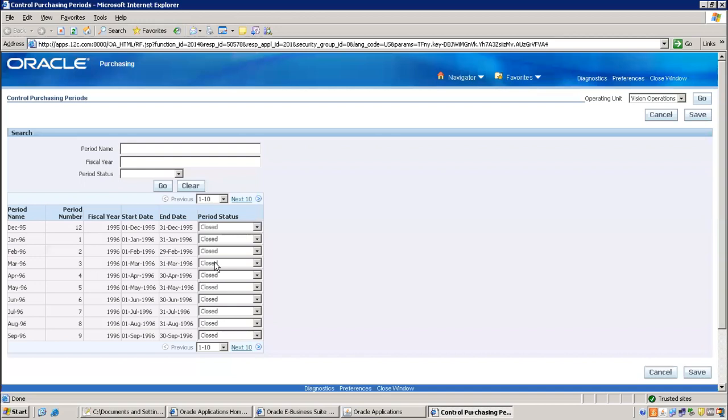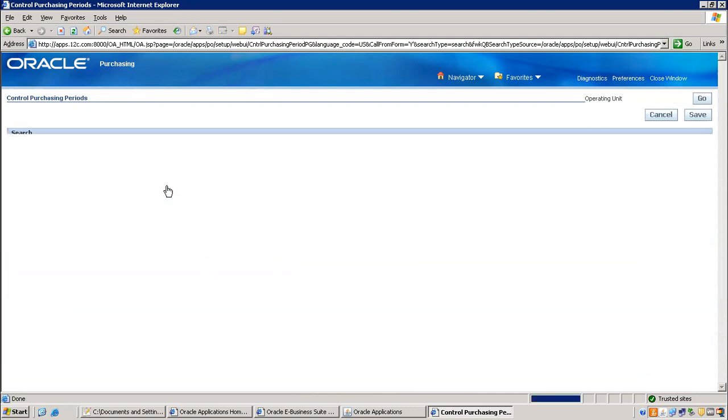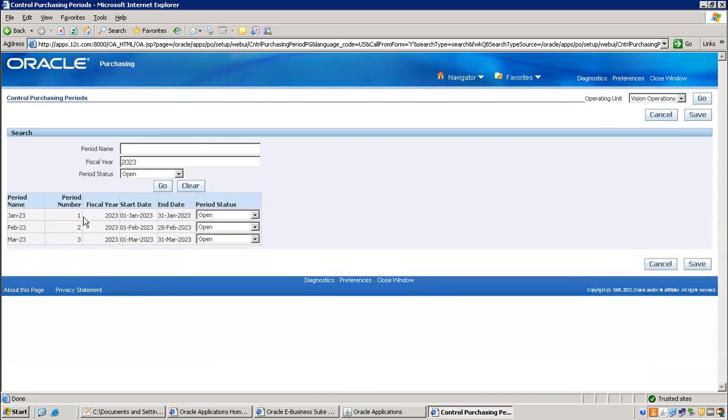These are all closed periods. We have to open here. Already open periods are the only ones we have to observe. Click on Go. Instead of searching that, you can go with this, which is also fine. So January month is open, right?